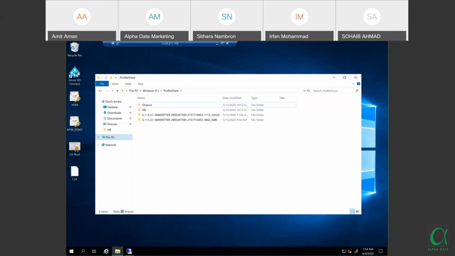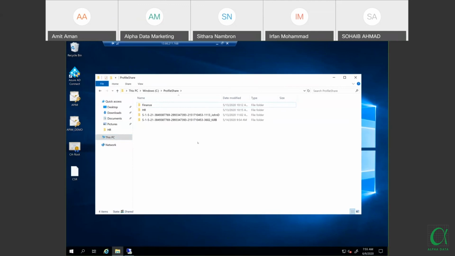Now, the concept of Windows Virtual Desktop, as you all know, is that we have multiple host pools. A user can be logging in to multiple host pools. As Amit showed earlier, you have a desktop environment where you're only hosting a desktop session, and you have the applications environment where you're having Outlook, OneDrive, etc. But you have only one single user accessing multiple host pools here. So this user should not have multiple profiles getting created. That's not the concept. What FS Logix does is, for a single user, there will be only one profile setting with all the data, no matter how many host pools you have. That is what FS Logix is all about, and it is way above the traditional roaming profiles.